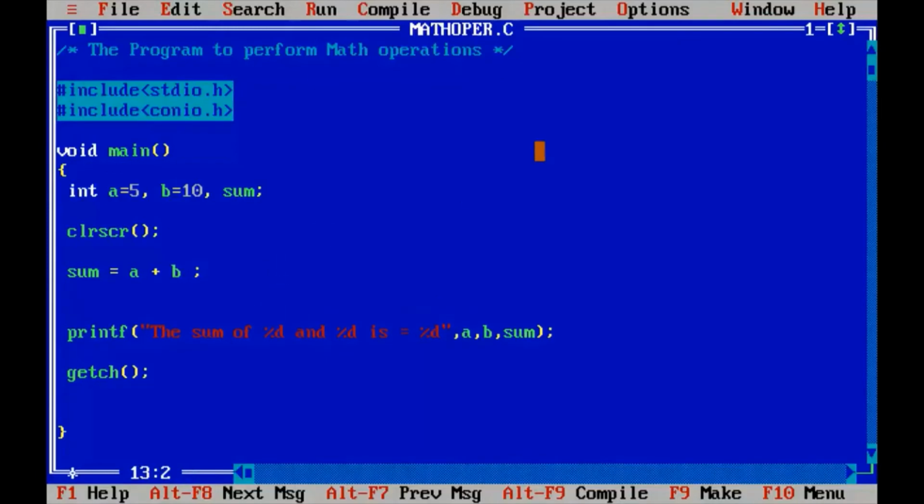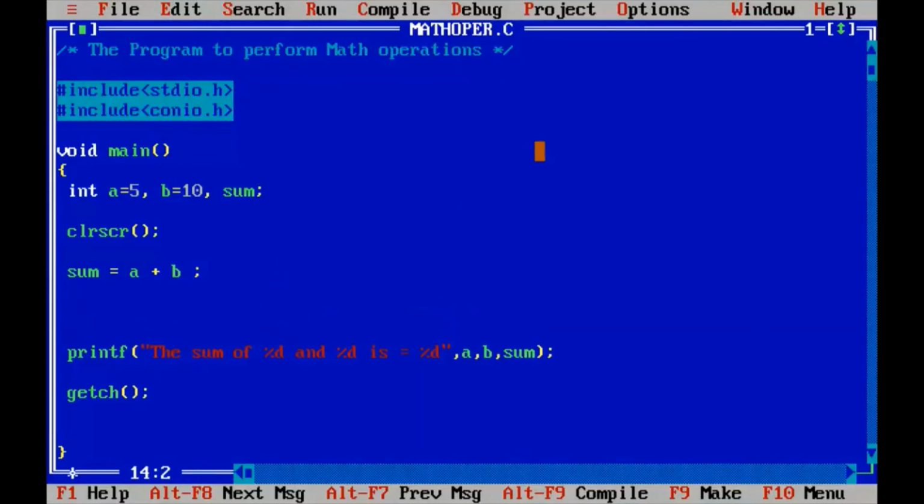Let us add another expression for subtraction. I am using the variable difference, diff, just diff. Which is bigger here? B is bigger, right? B minus A. So I am using a new variable diff, which is going to store the difference of B and A. But I have not declared the variable diff. If you use a variable without declaring it, you will definitely get an error.